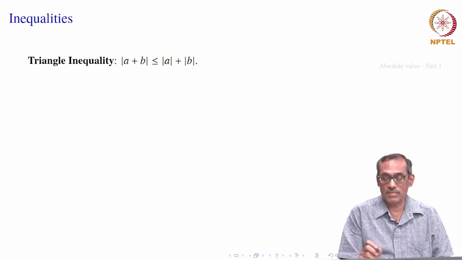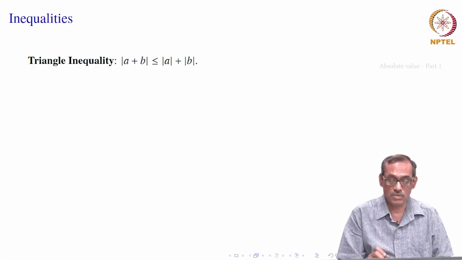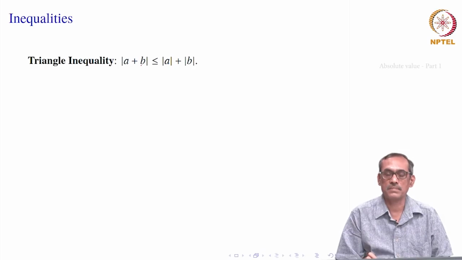Okay, there is another we have done for the multiplication. How about addition? If you take mod of A plus B, it is less than or equal to mod A plus mod B. It may not be equal always. Sometimes it is equal, but sometimes it is not. For example, if you take one of them to be positive, one of them negative, say A is 2 and B is minus 1, then on the left side you get mod of A plus B equal to mod of minus 1, but on the right side you get mod 2 plus mod 1, which is 3. So, it can be less also, specifically when they have opposite signs.